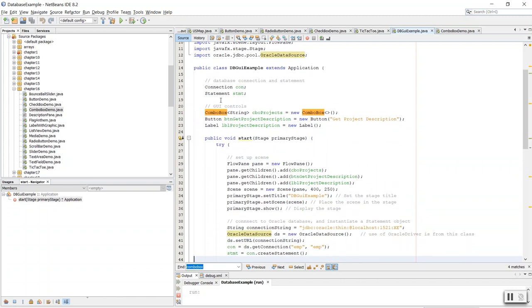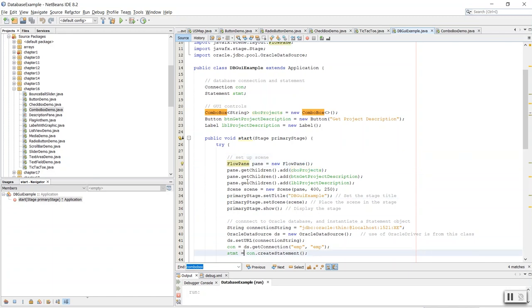I created and instantiated a combo box, and here we have another example of the use of this funny little syntax. And again, the notion of this is a type parameter. So what that means is that this combo box is going to contain strings. I could have specified that it's supposed to contain other things if I wanted to, but we're specifying that it's going to contain strings. We have a flow pane here, as you can see,